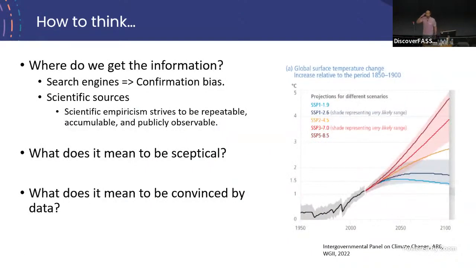So we need to think clearly about where we get this particular information. As I said, most of us will typically go and search things on Google. Each of us is very susceptible to biases, but search engines are the epitome of confirmation bias, right? You don't want to use that evidence to talk about whether you're right or wrong. And besides, it's not about being right or wrong. It's about being effective, right?